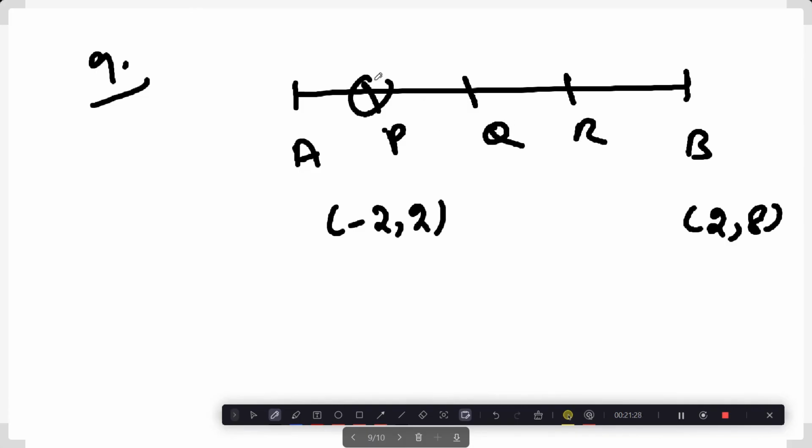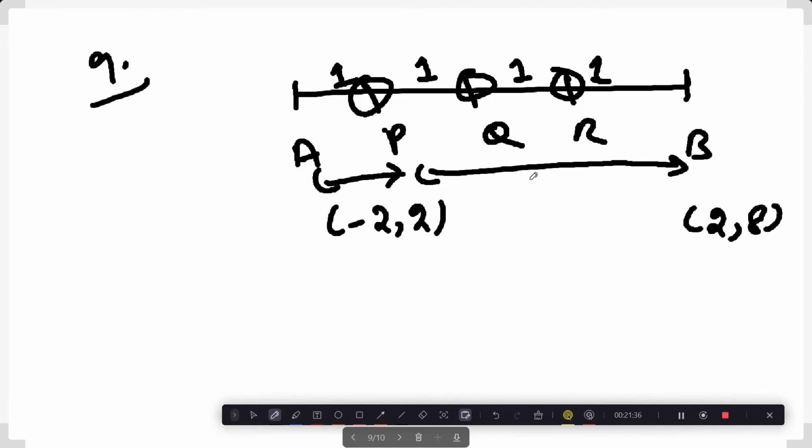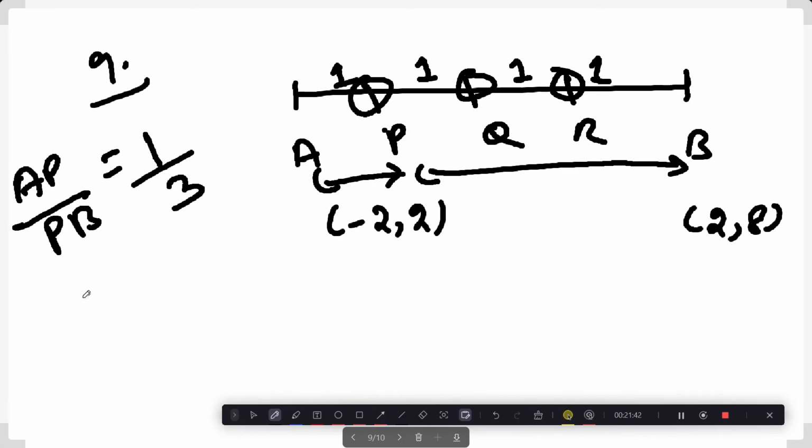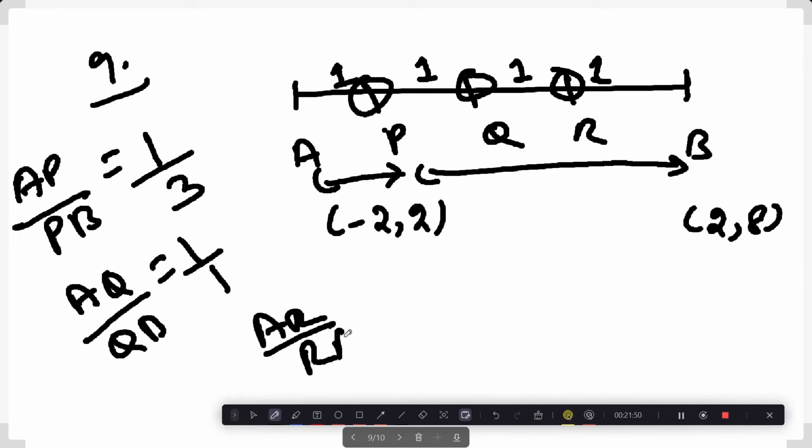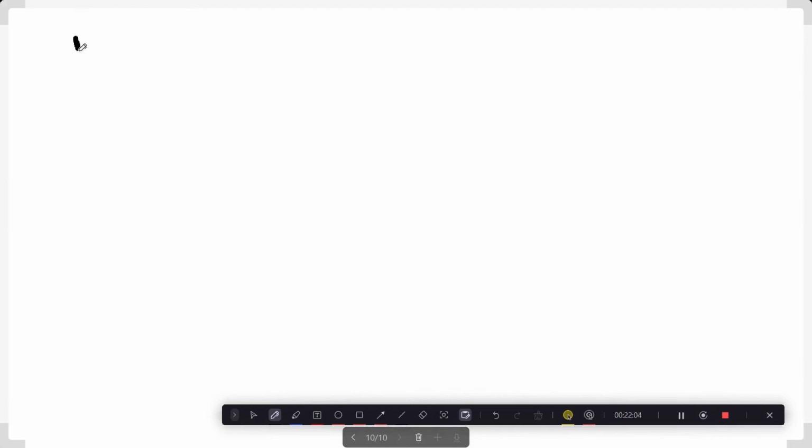So basically P, Q, R. So you have to find the coordinates of these points. What is this? 1:1:1:1:1. So you have to do it the same way. First take AP and PB. What is that? AP by PB, it will be 1:3. Then take AQ by QB, it will be 1:1 basically. Then take AR by RB, which will be 3:1, and use the section formula at each step to find the corresponding vertices. Let me know the answers that you get. I'm sure you'll get the correct answers because it's just formula from there on.